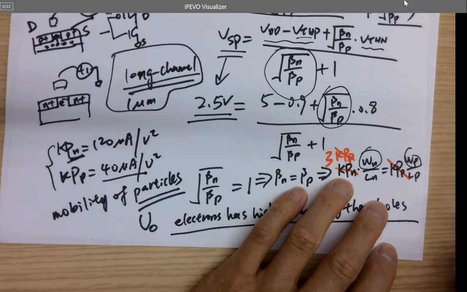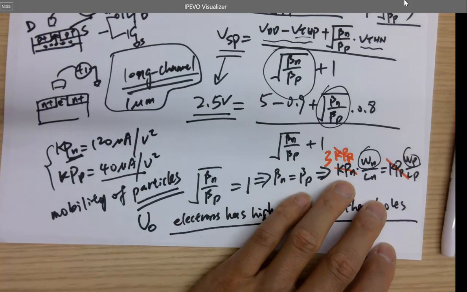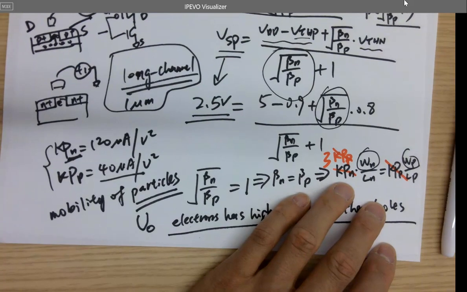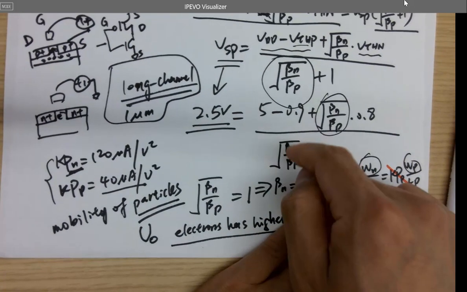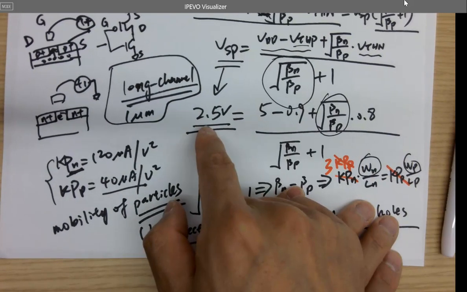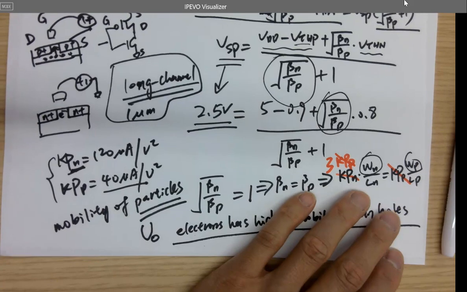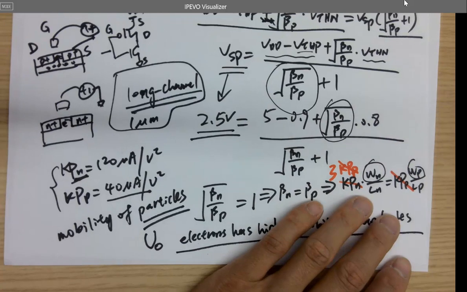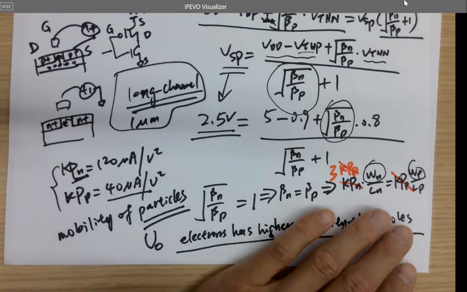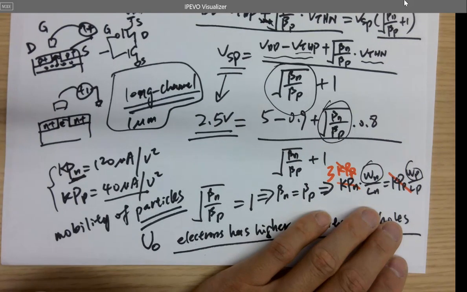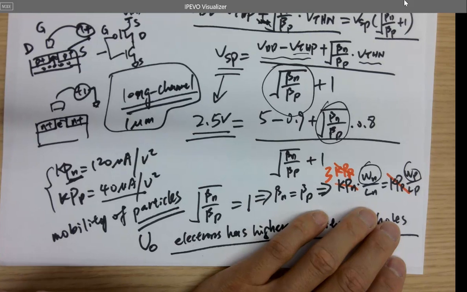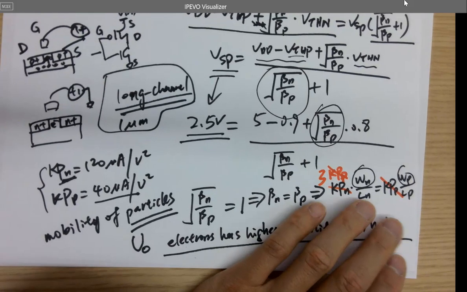So which one should be larger? Which one should be larger ratio to reach this purpose, to make it switch at 2.5 volts? Which transistor should be larger? The PMOS. The PMOS should be larger,